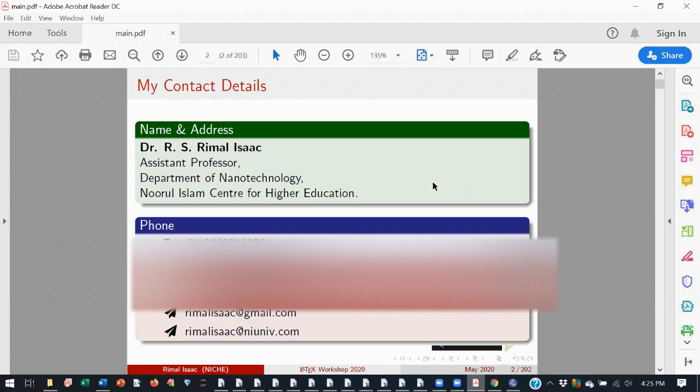The same question is repeating: what are the commands we need to type to change the type of font? Tomorrow I will begin the session with changing the font type. I have noted it. Tomorrow the session will begin with changing font type, and I will move to the math mode.